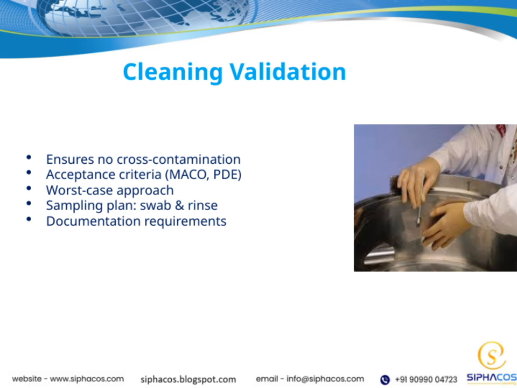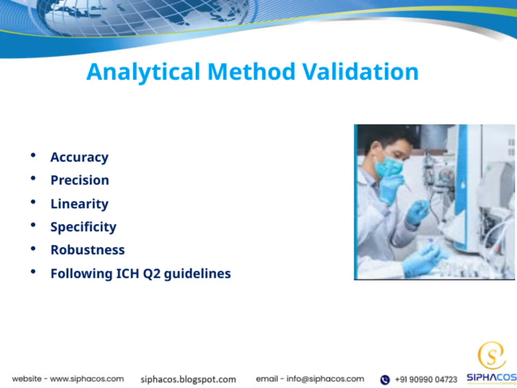cycle. Let's take a closer look at some of the key parameters involved in analytical method validation. First up is accuracy, which refers to how close our measurements are to the true value. It's essential because it tells us whether our method is producing correct results. Next, precision speaks to the reproducibility of our measurements, how consistently we can get the same results under the same conditions. Then we have linearity, which assesses whether our method provides responses that are proportional to the analyte concentration over